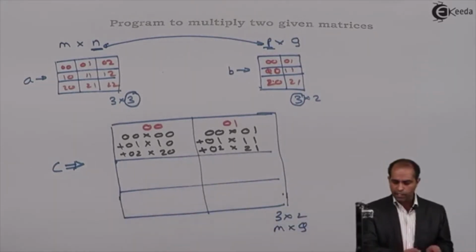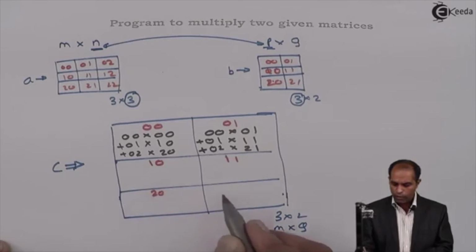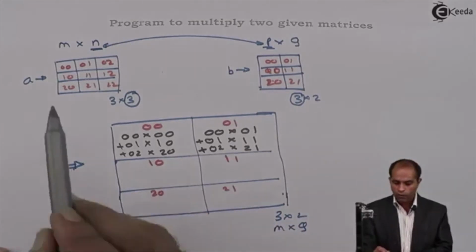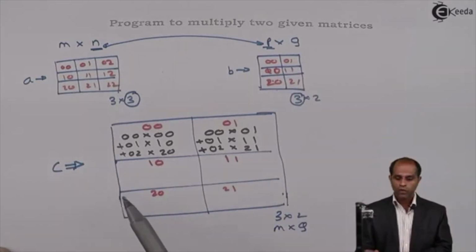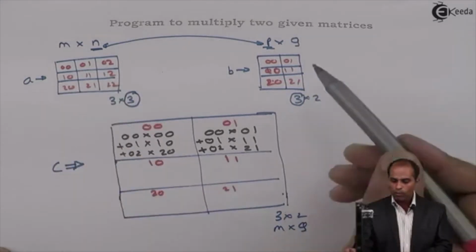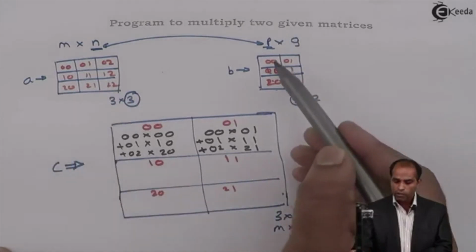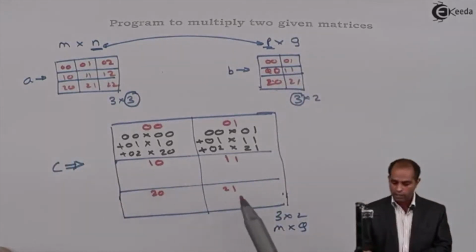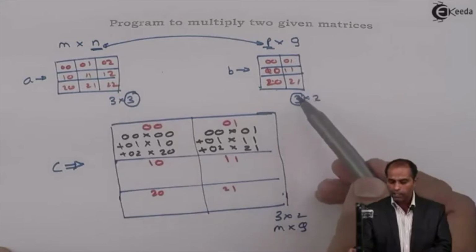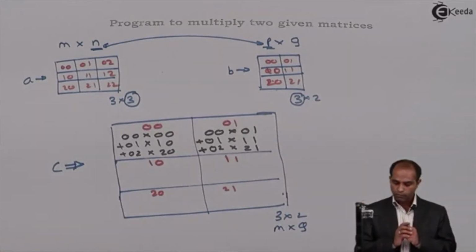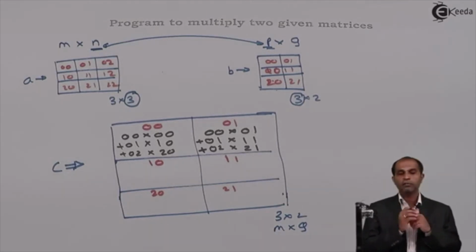Similarly, you can write the index elements for C of 1, 0, C of 1, 1, C of 2, 0 and C of 2, 1. What is C of 1, 0? C of 1, 0 is the second row of A multiplied with the first column of B. Similarly, C of 1, 1 is the same second row multiplied with the second column. C of 2, 0 is a multiplication of the third row of A with the first column of B. And C of 2, 1 is the third row of this particular A multiplied with the second column of this particular B. Okay, now the index matrix which I have written at this place will help us to understand how exactly the multiplication operation goes.